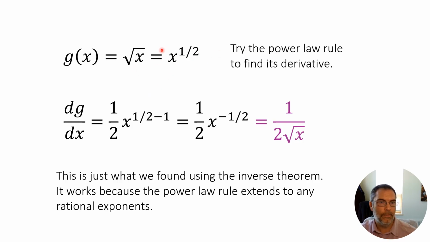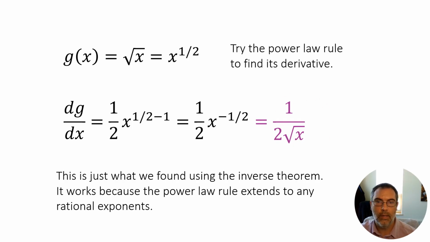If I were to take the derivative of this function, I would bring down the power, so you get a half out front, and then subtract 1 from the power. A half minus 1 is minus a half, so you'd have 1/2 times x to the minus 1/2. This thing here is the same as 1 divided by the square root, because a negative power means you could put it in the denominator as a positive power. So this is 1 over 2 times the square root of x, which is just what we found using the